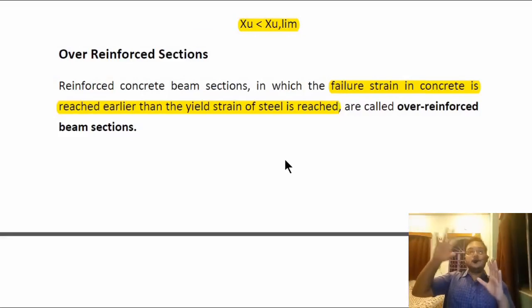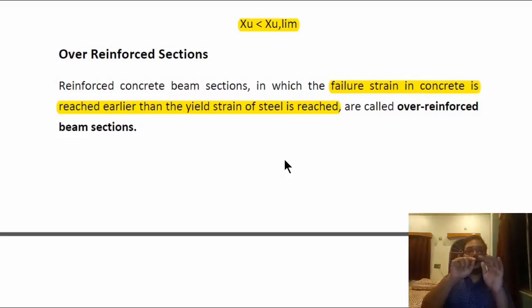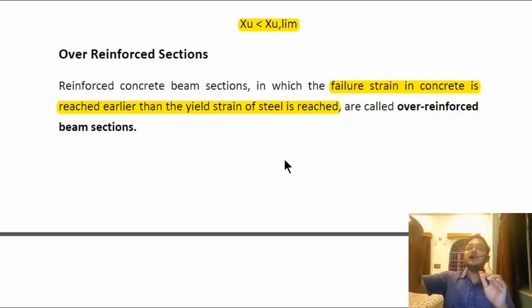So if you remember the two graphs, the graph of the steel and the graph of concrete, the concrete graph was somehow parabolic, whereas the steel graph was first linear, it reached up to the yield strain, then it decreased a very little amount, then we had the yield plateau, then it increased up to the ultimate strain. That ultimate strain is again very high, and that yield strain is quite comparable to that in the concrete. So a little bit of ups and downs in our design will show us whether it is an under reinforced or over reinforced section.